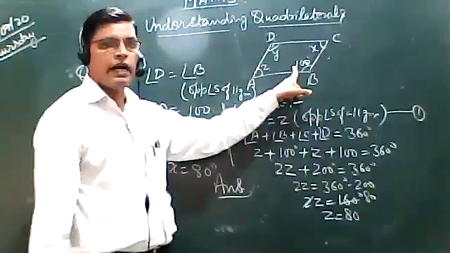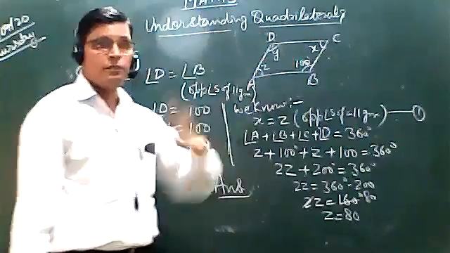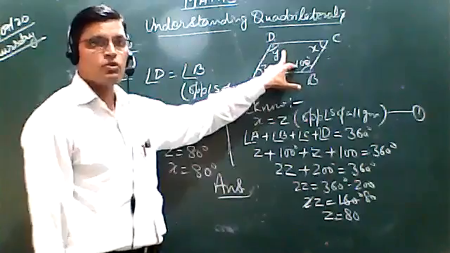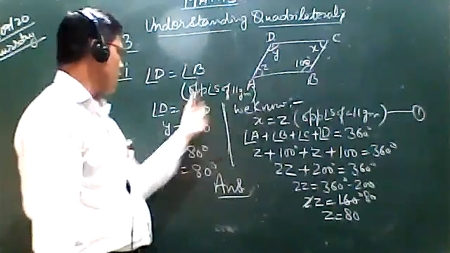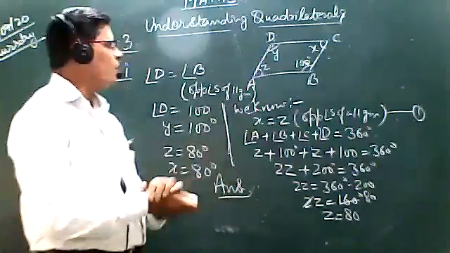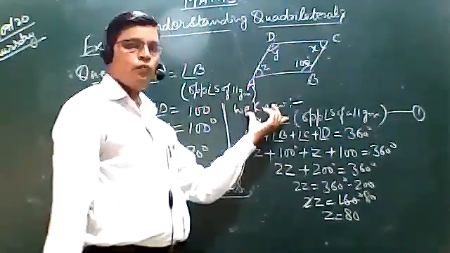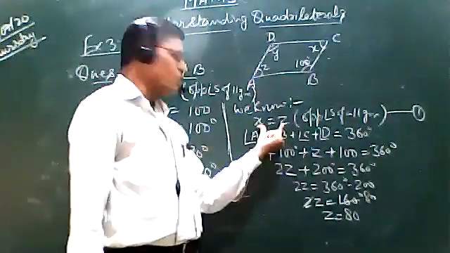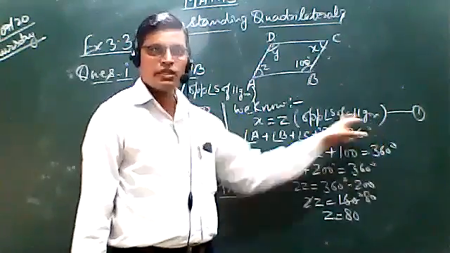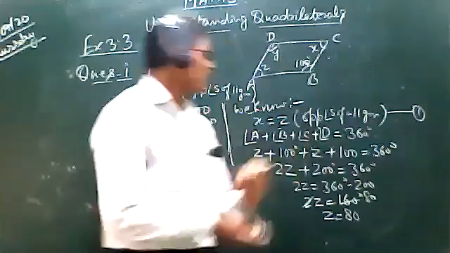Angle B is 100. So first we find the angle Y. In a parallelogram, opposite angles are equal. Therefore, angle Y comes 100 degree. First. Now, we also find Z and X. We know this opposite angle are also equal because it is the part of the parallelogram. Opposite angle of a parallelogram. We write, and that is my first equation.